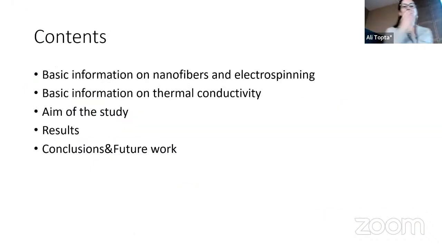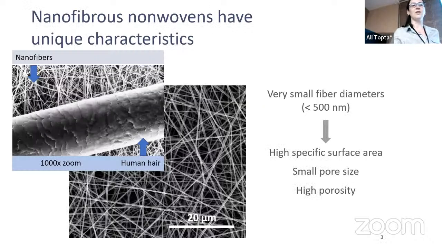The presentation will include basic information on nanofibers and electrospinning, thermal conductivity, aim of the study, results, and some conclusions and future work. Firstly, of course, I will start with a brief information on nanofibers. As the previous speaker also explained, nanofibers are materials with